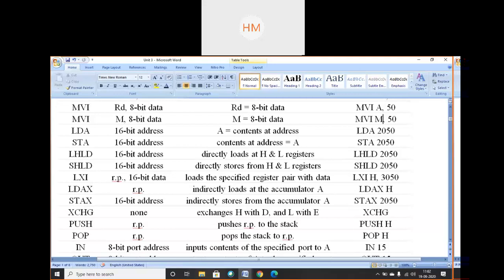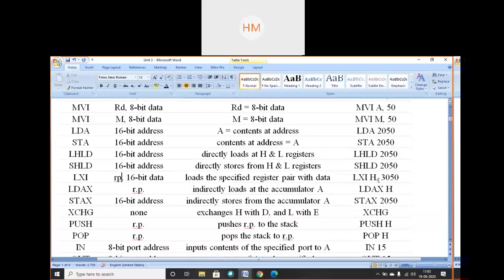LXI is a very important instruction. In most programs, we will use this instruction. LXI register pair, 16-bit data. An example is LXI H, 3050 hex. It loads the specified register pair with the data. This instruction will load the data present at memory locations 20, 30, 50 hex to register